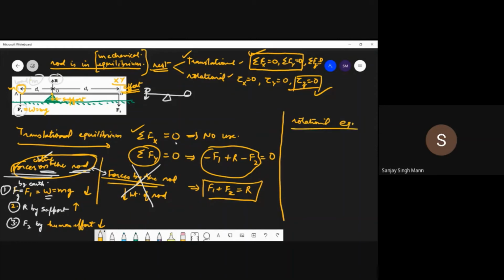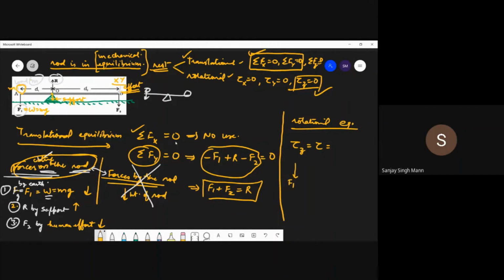I told you that the torque will be along the z-axis only. So you can either write z or only write torque. That's the same meaning. Now, which one of them is clockwise and which is anti-clockwise? So the first one, F1. Let us write them one by one. This is your F1. Good.